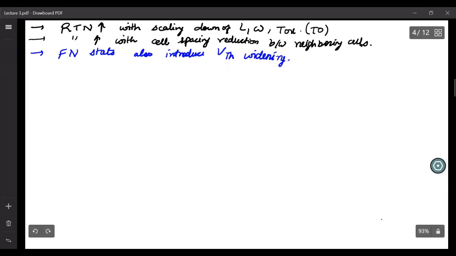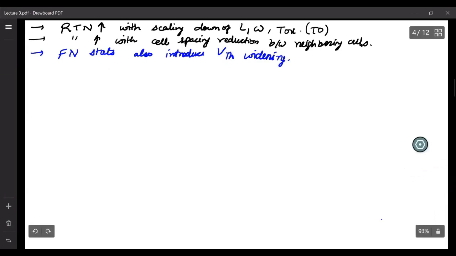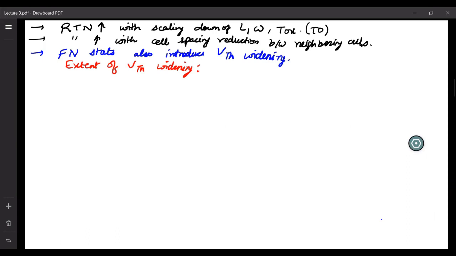Okay, and the extent of this VTH widening, so let me just write that as well. So the extent of VTH widening, how do you classify it, or how do you quantify it? Any Gaussian distribution, the widening or the spread of it is measured as its sigma value, right? So the sigma of VTH due to FN